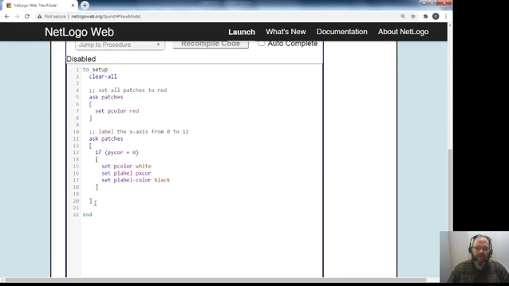Alright, so please pay attention, so we say ask patches, so we ask the patches to do this. I'm going to go ahead and get rid of this little blank space. So this is kind of another block of code. So we ask our patches, so everything from this block to this block is what we're asking our patches to do for this. And we're saying if your pycor, your y coordinate equals 0, then we want to do this. Well, we're going to do the same thing